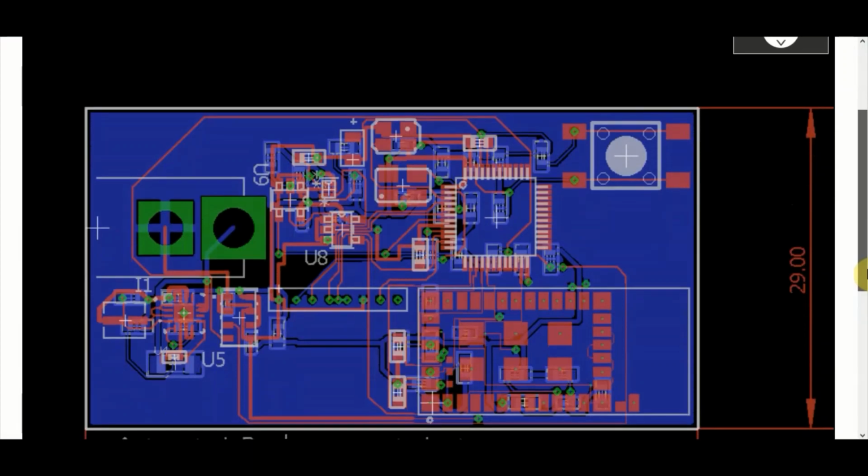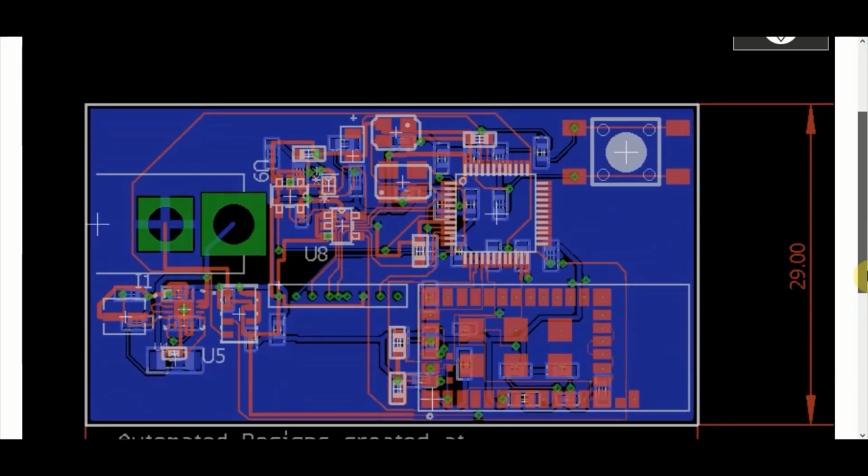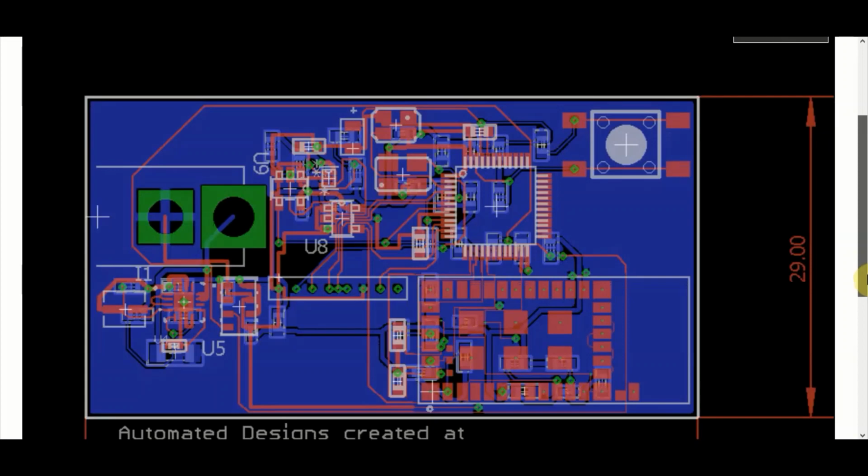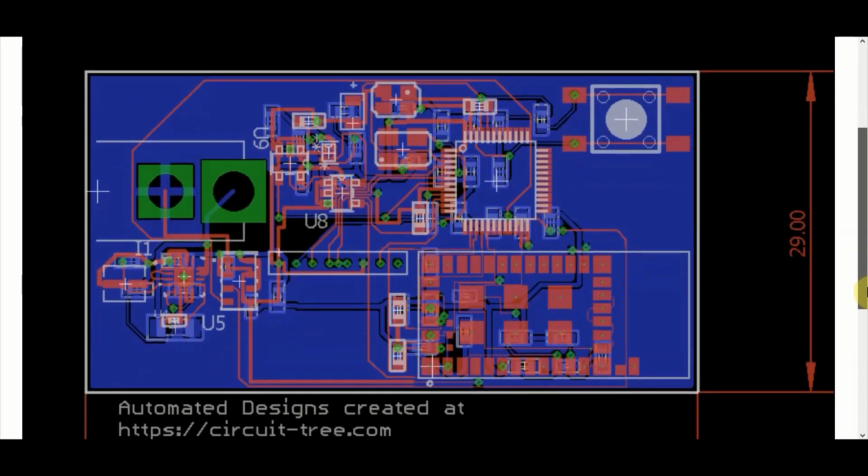There is still a lot more to circuit tree than what we have covered in this video today. To understand more capabilities or look at the designs created through circuit tree, head to